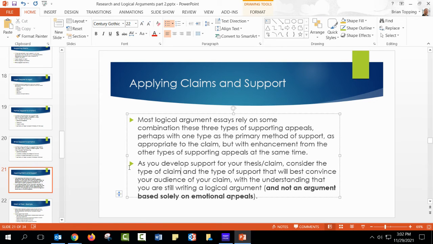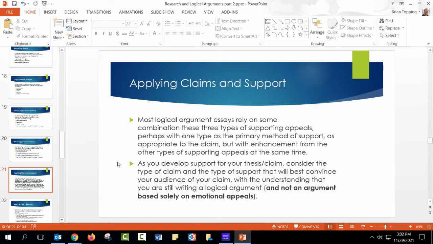And then, really important, as you develop support for your thesis, consider the type of claim and the type of support that will best convince your audience of your claim, with the understanding that you're still writing a logical argument, not an argument based solely on emotional appeals. So if you say, we need to change the way that drug abusers are treated in our prison system or our court system, because my mom went to prison for a drug-related offense and she didn't deserve that, and now I'm angry and I hate the system,